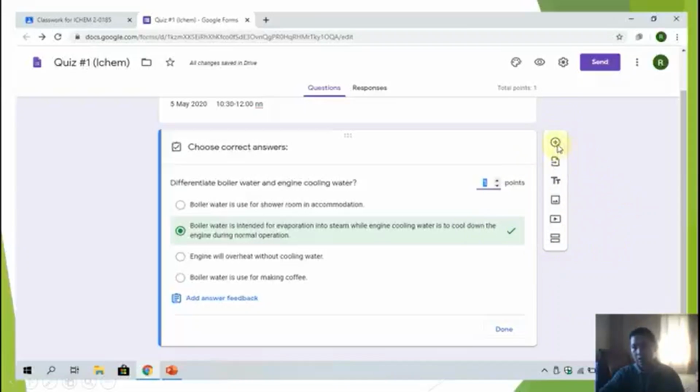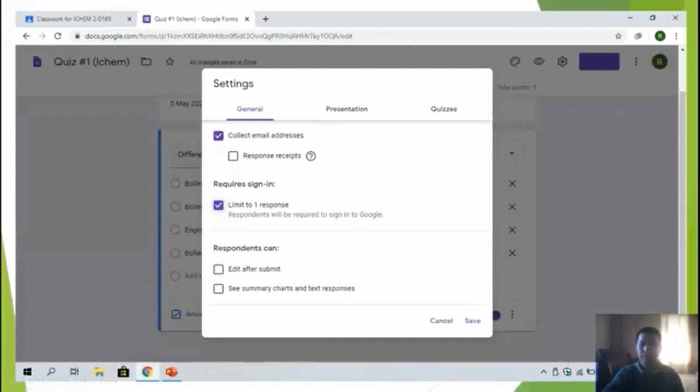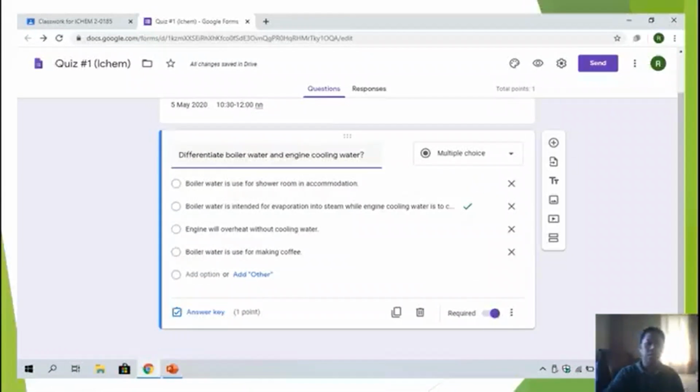You just put the cursor and there is an explanation of what this is. So you just put the cursor like this. After that, you click done, and when you click done, you come back to this window.